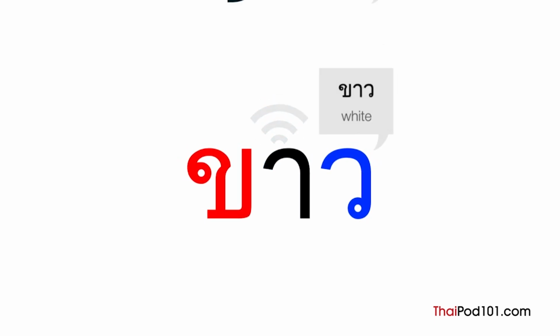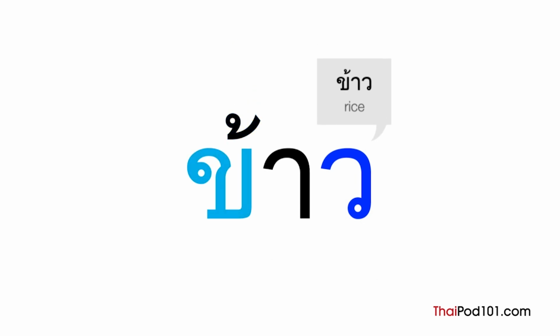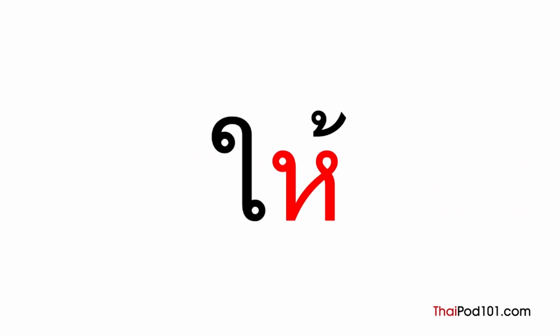However, when we write ไม้โท over the initial consonant, it gives ข้าว a falling tone. Another very important word is ให้, which means to give or to allow. ให้ is one of the most common words used in the Thai language, so we should memorize how to spell it